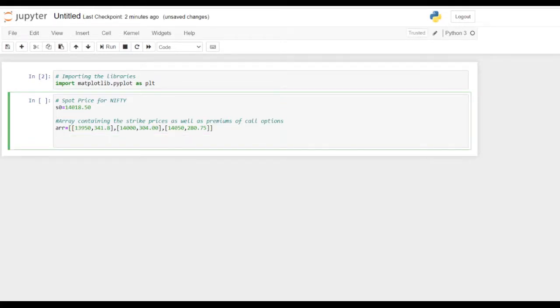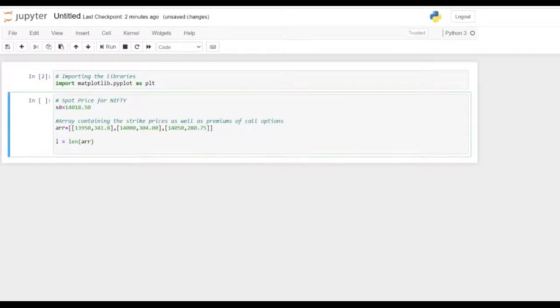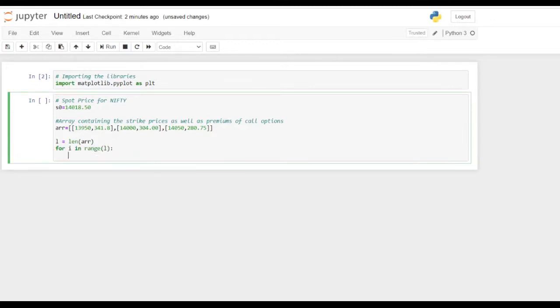You could easily set it up by checking the prices and the strike prices, or you could automate it using an API, which is a task we would be doing later. First, let's start automating the manual stuff. So let's find the length of the array, which we would be using later. So I'll just run a for loop. What will I run the for loop for? The for loop will be for iterating over the array.